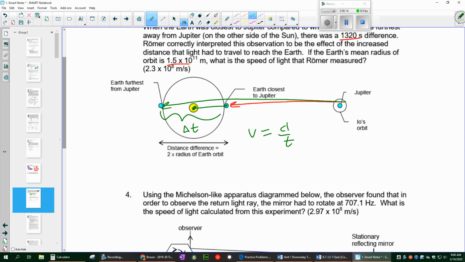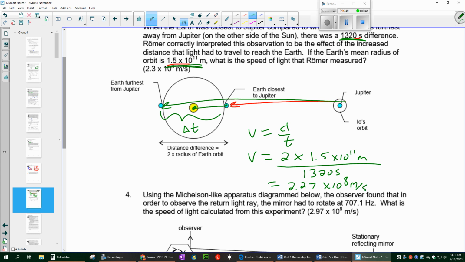So the velocity would be equal to 2 times 1.5 times 10 to the 11 meters, the mean radius of orbit, divided by the difference between the times, which is just 1,320 seconds. That would be equal to 2.27 times 10 to the 8 meters per second,